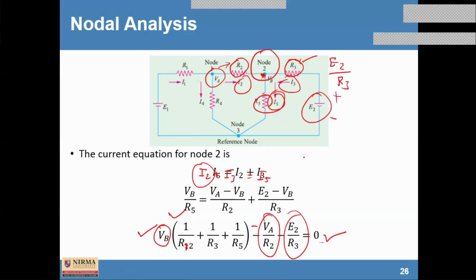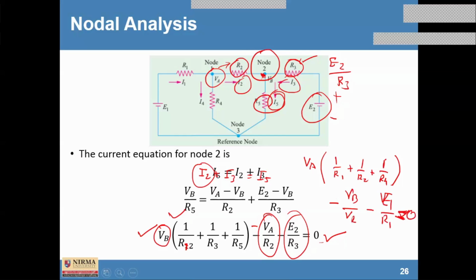Okay. I have to write the equation for VA. VA. Who will tell? I have to write the equation for VA now. That is already calculated. I mean, that is already derived. Fine. Now we are repeating. Let's go, I have to write for VA. What will we do? So which resistances are adjacent to VA? 1 upon R1, 1 upon R2, 1 upon R4. Fine. Minus VB by R2, minus minus E1 upon R1. E1 upon R1. So is equal to 0.